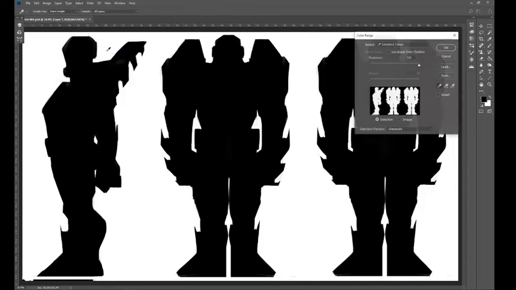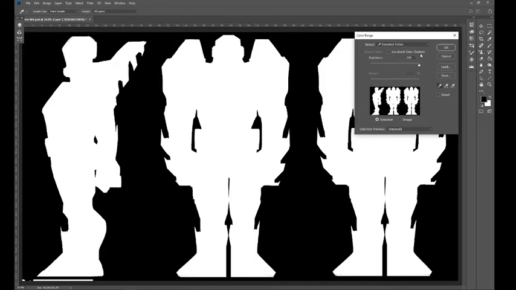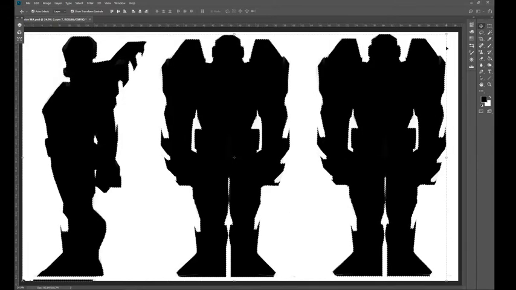I mean, I guess I could go to color range and then fuzziness, image, grayscale. Yeah, because then I select all the black, right? Okay, no.